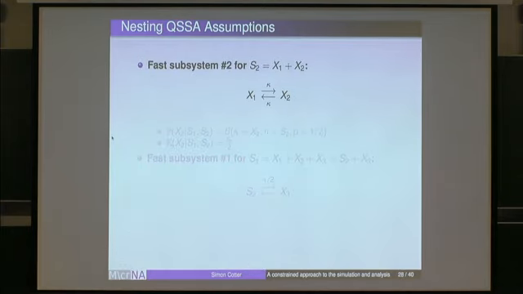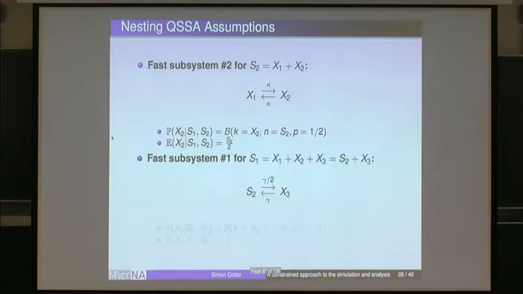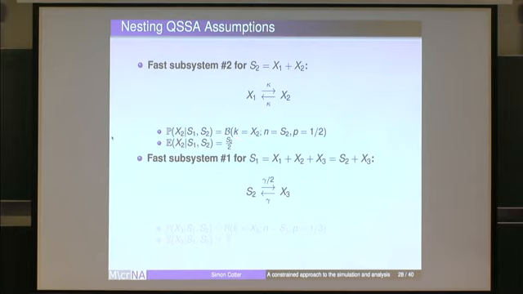Okay, so we can analyze this system very easily, as we have before in this talk. It's just a binomial distribution, and we can work out the expectation of the value of x2 given particular values of the slow variables. So we can then plug that back up into our first subsystem. We've replaced the first 2 sets of reactions just by this slow variable S2, and we can plug in the expectation of S2 given S1 into here so that we get an effective rate of gamma over 2 for this first fast subsystem. We can compute the invariant density of this again, and that finally goes up to the effective